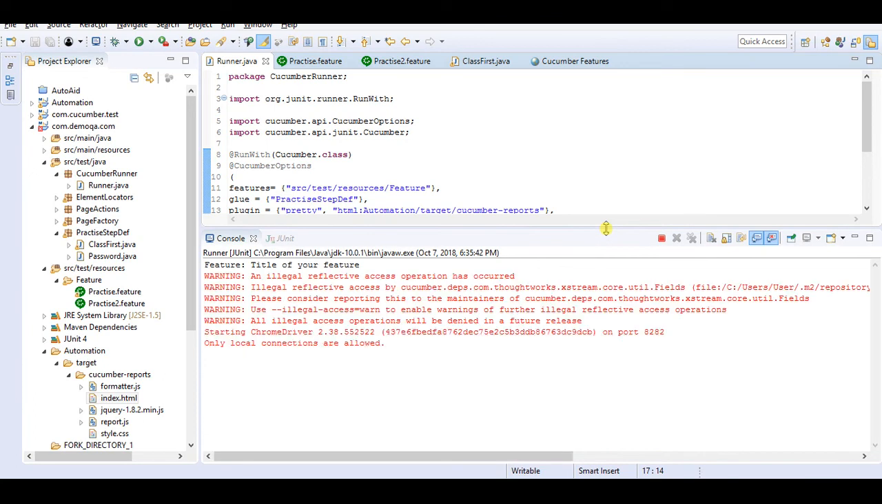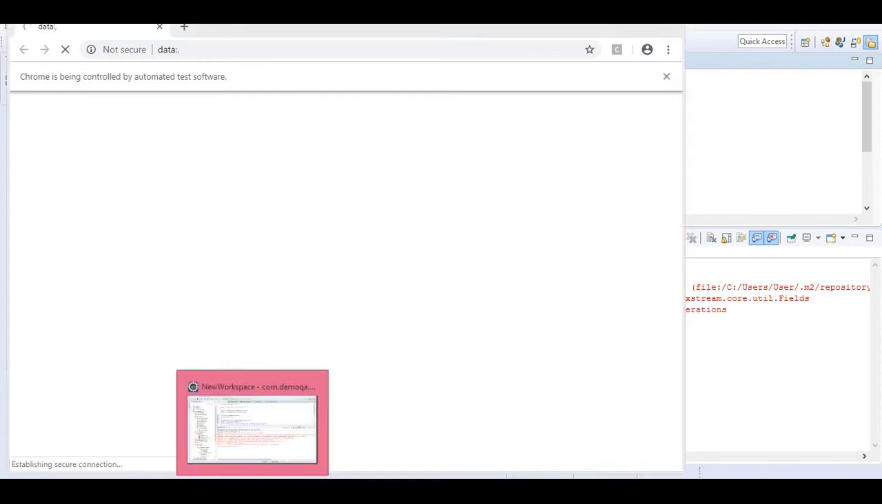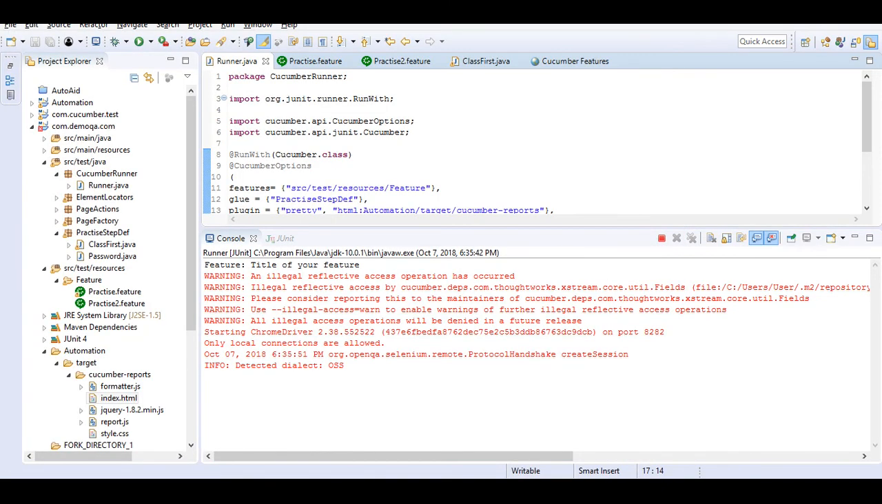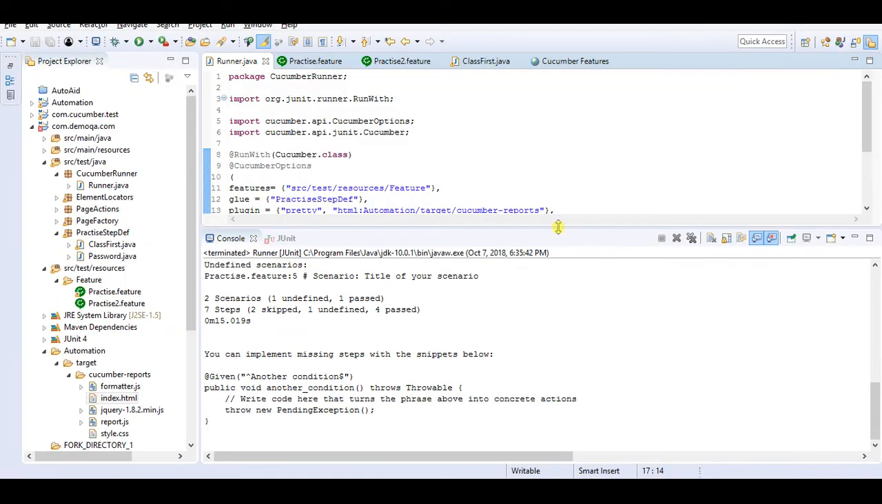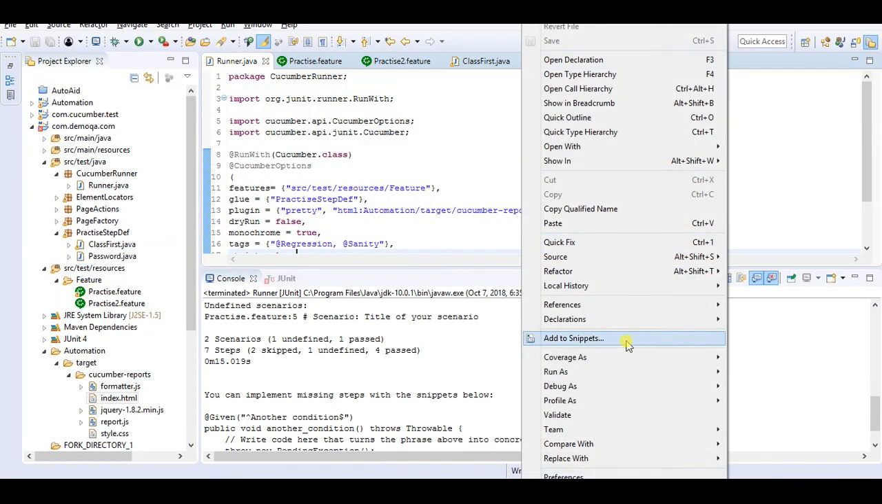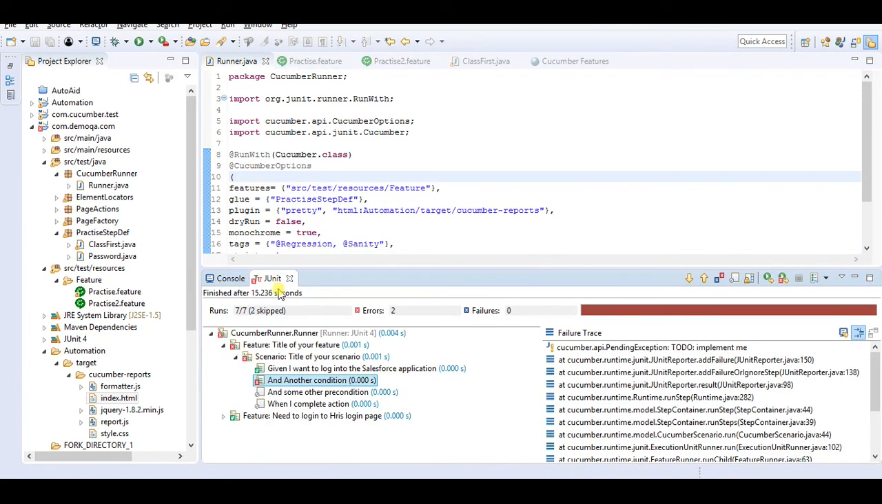Okay, so it is running. It will open up a browser, but then the next step is missing. This one also opened. The execution is completed. Okay, go to JUnit. As you can see, this feature successfully passed, but then the first one failed, right? Therefore it says